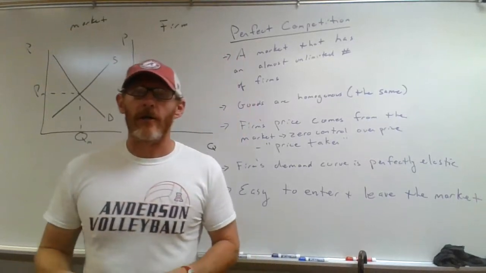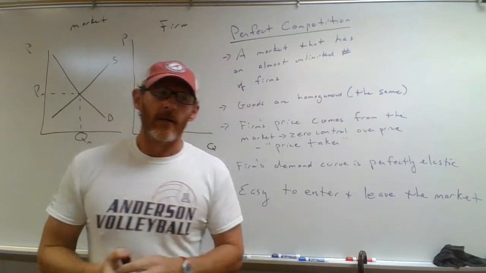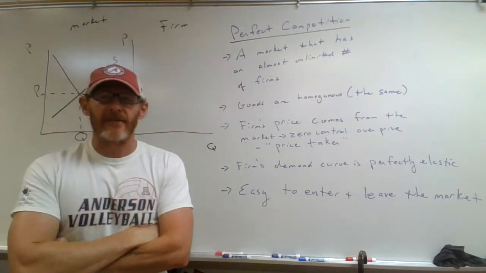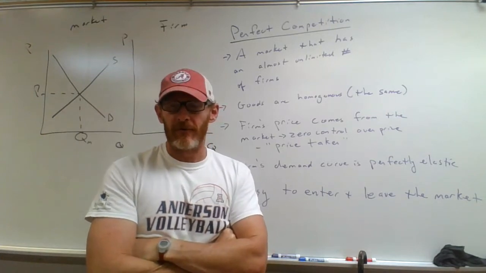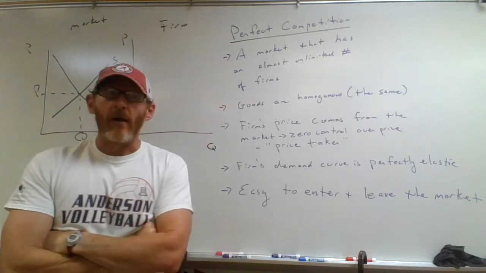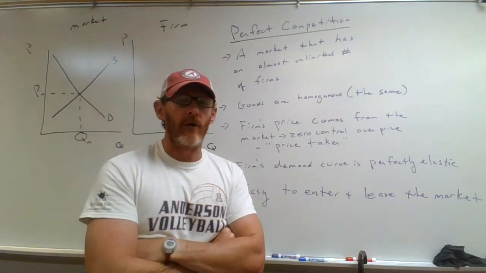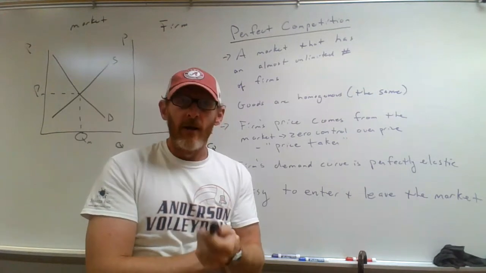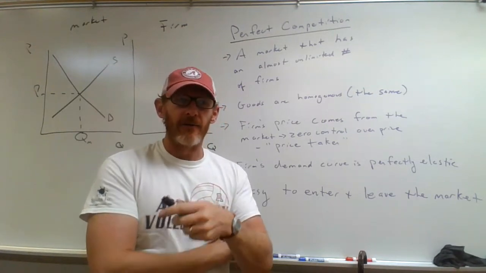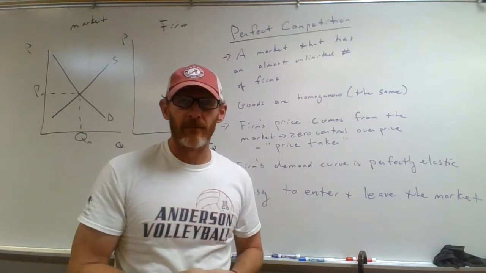Okay, I want to talk about four different types of markets that economists and firms look at or are part of. If you're a firm, you're pretty much part of one of four different types of markets, although they can vary. And if you are an economist, the behavior of these firms differs depending on the type of market, because the firm has different aspects to it that create different behavior patterns.